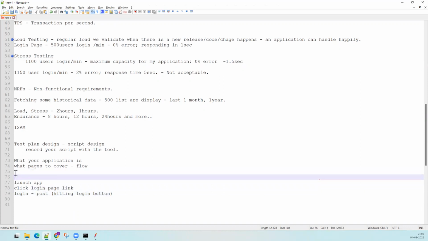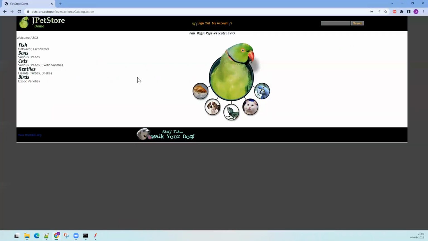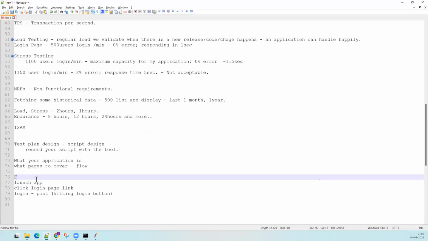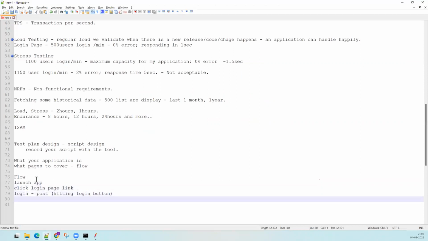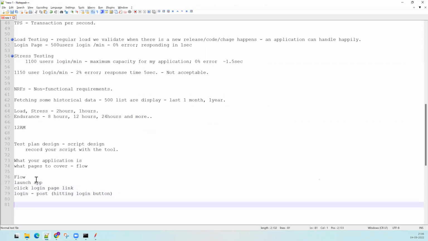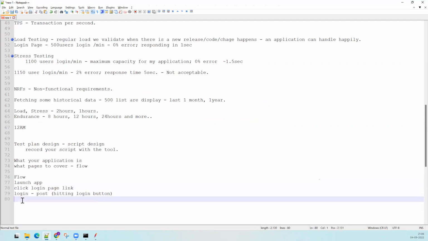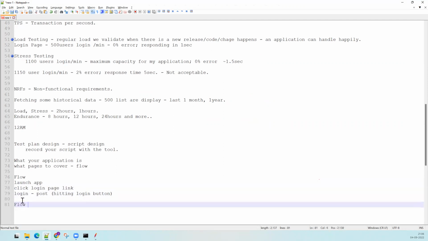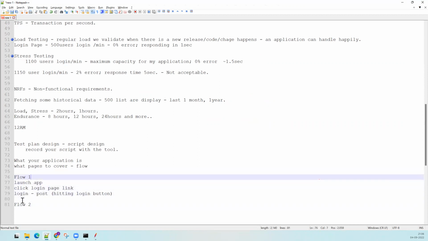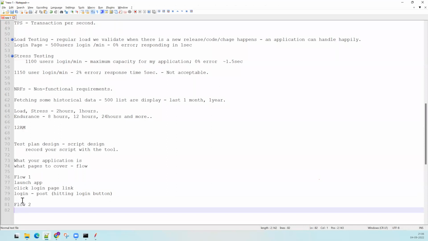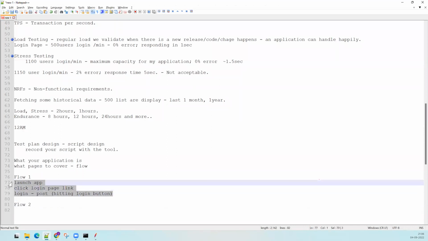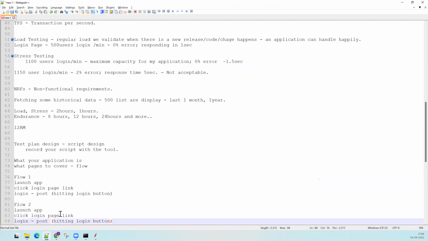Okay, so when you are asked to do performance testing for any application, you must understand what part you have to test, because the coverage can be very wide. For this application itself, there can be multiple areas to test. One flow can be launch application, click login, and then just do the login. So this can be performance testing for the login page itself. If I call it flow 1, then flow 2 can be launch, click login, and login post. And another thing can be